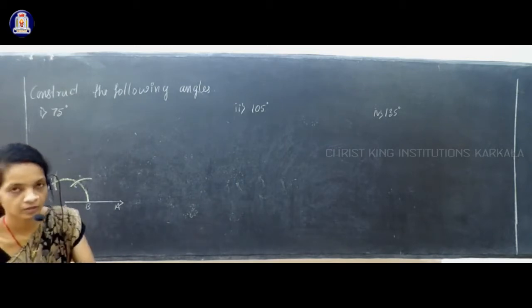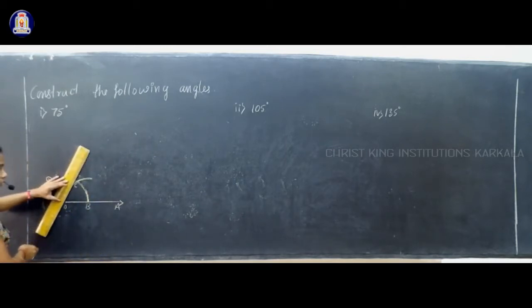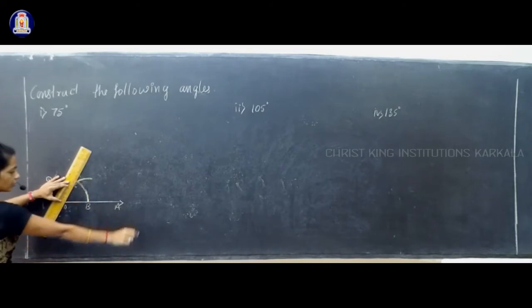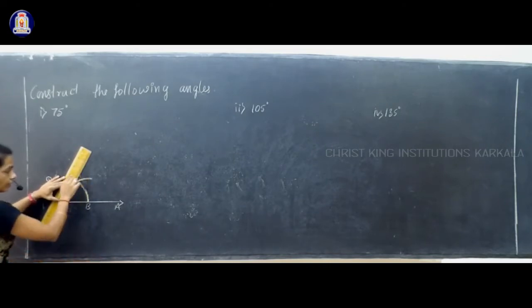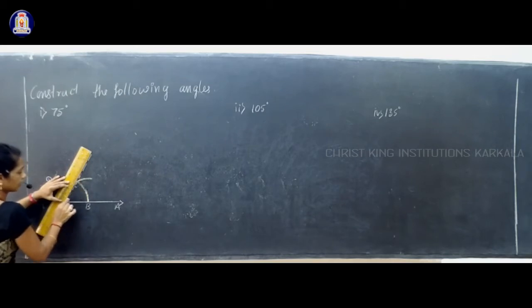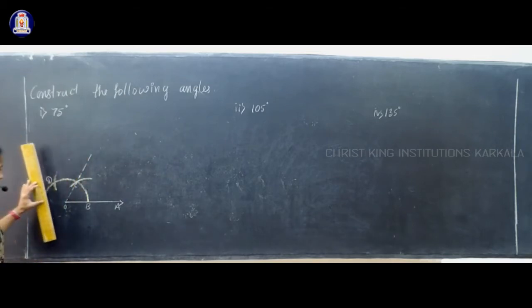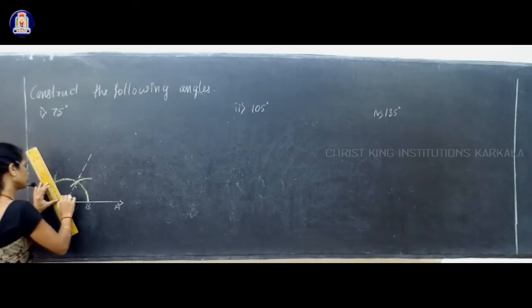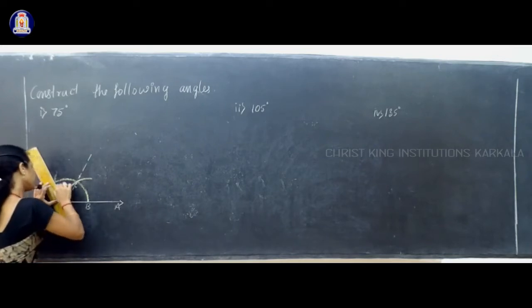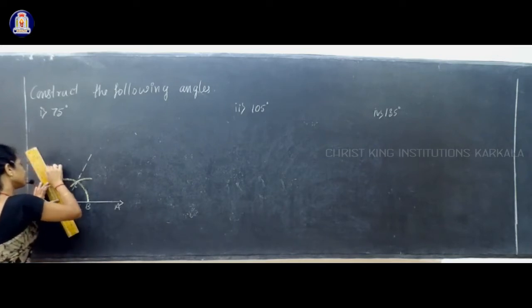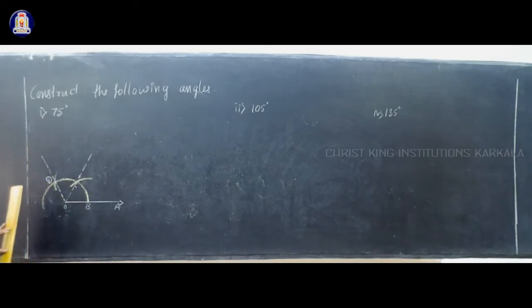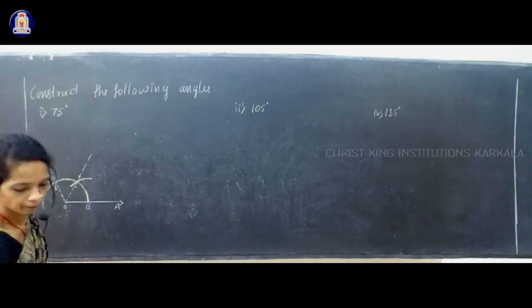Now you know that this is a 60 degree, OC makes a 60 degree with the initial ray. Draw that, join that by broken line. This much is a 60 degree. Now you construct here also. I'll draw this one that gives you 120 degree. Now you draw